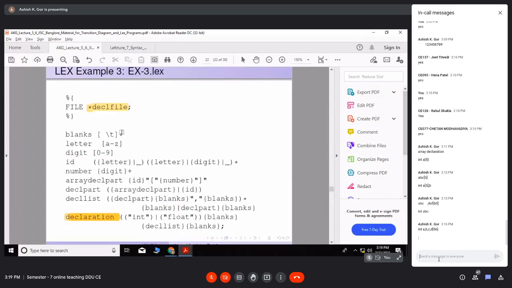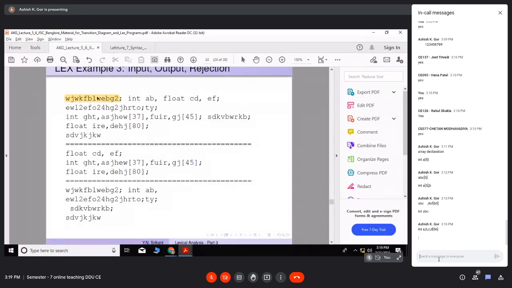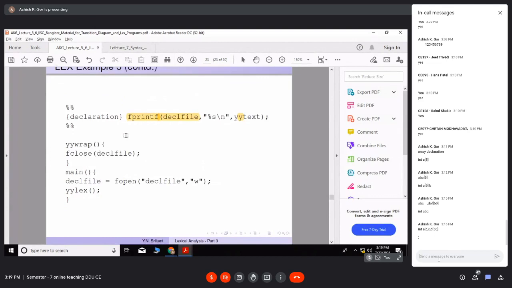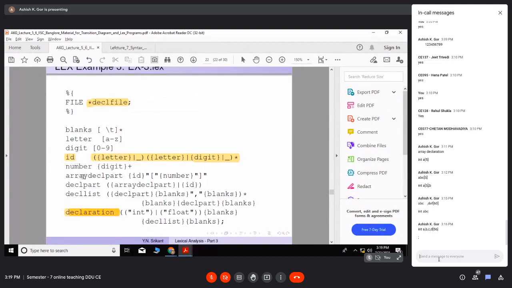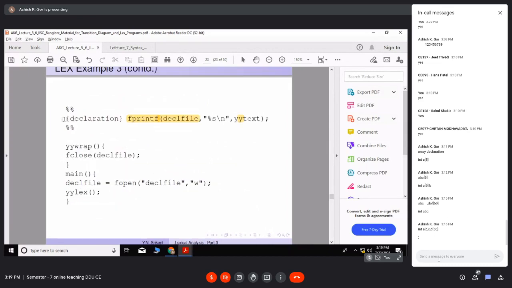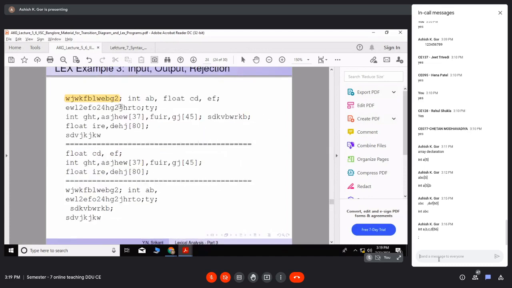It matches with WJ, a sequence of letters, so it actually matches with ID. But those things do not have corresponding actions. Those are not declarations. ID is there, but after ID there is no number or anything like that, so it is not matching the integer declaration pattern. Since it is not matching a declaration, it is not printed.